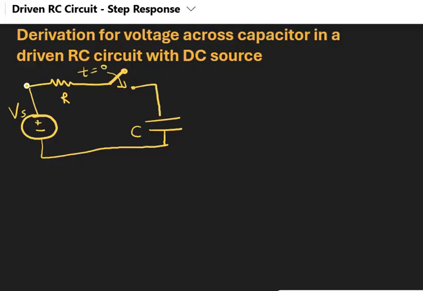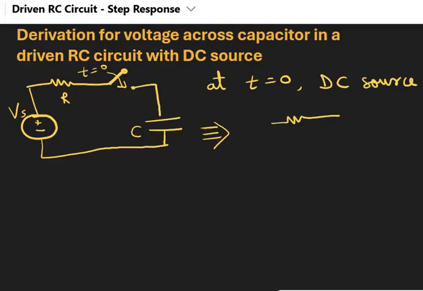It is called a driven RC circuit because at t equals to 0 there is a source. Here in this case we are taking a DC source. Due to the DC source, we can say that it is the step response of the RC circuit because this circuit can be